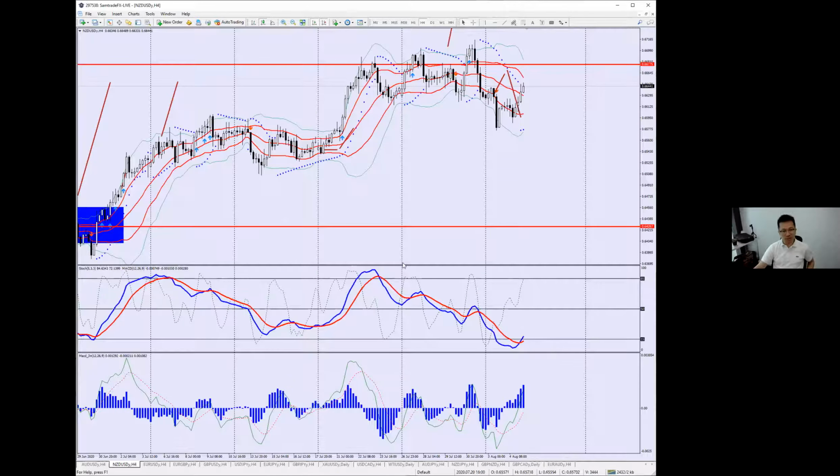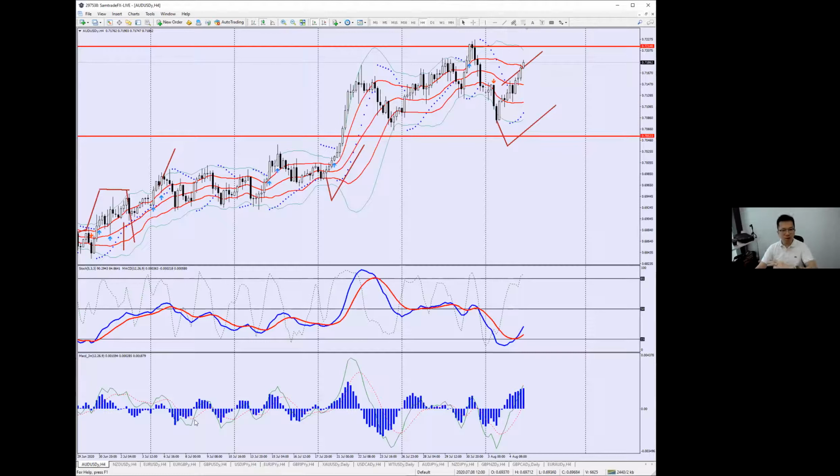Looking at the New Zealand dollar, I said I was going to test that resistance and turn back down. It hasn't done that yet. It's turned straight down. We've seen some good news on the New Zealand employment numbers today, or rather not as bad as expected. So that's why we've seen some upside in the New Zealand dollar that could still test that resistance and turn back down. But more importantly, I'm super happy with the Aussie dollar again.